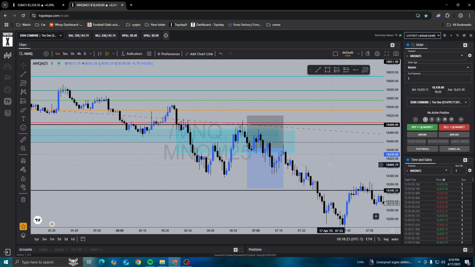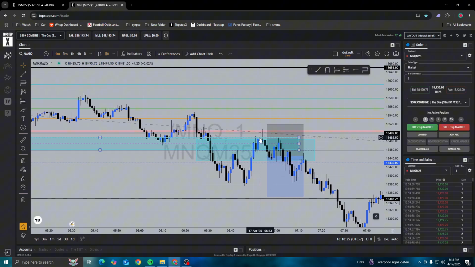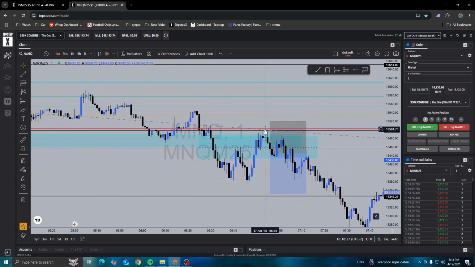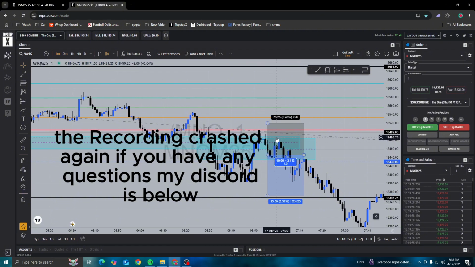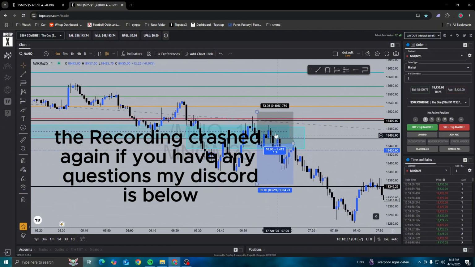The recording crashed, but I'm gonna finish this quick. Came down after the order block, and after this, I was looking for shorts. Came down, entered right after that candle, closed out of the order block. Short came back up a little bit, but still was in a downward